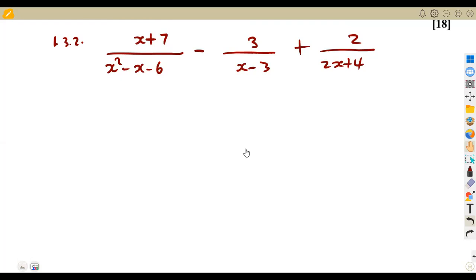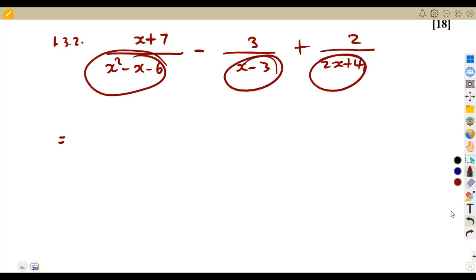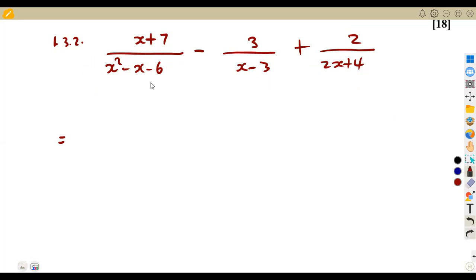Remember, on addition and subtraction, the first thing, factorize your terms so that you can properly see the LCD or the LCM, which is the lowest common denominator, or the lowest common multiple if you consider it in terms of a multiple. So in order for you to properly see your lowest common multiple, you have to factorize your expressions. So the first part, in the numerators, whether there is a common term or what, you do not factorize them. You factorize the denominators where it is possible for you to factorize,